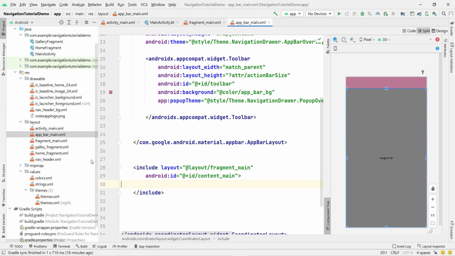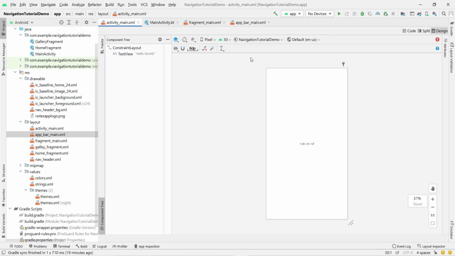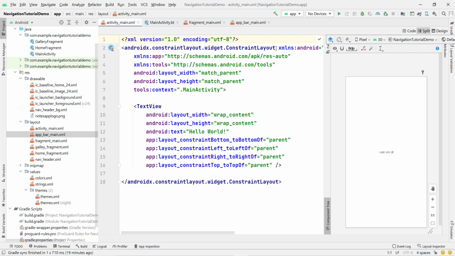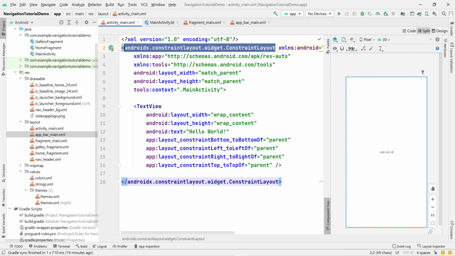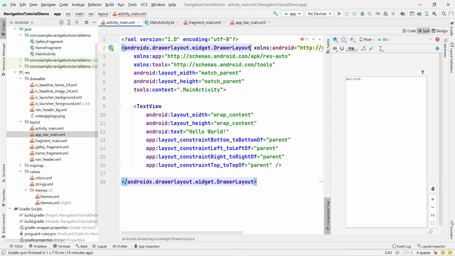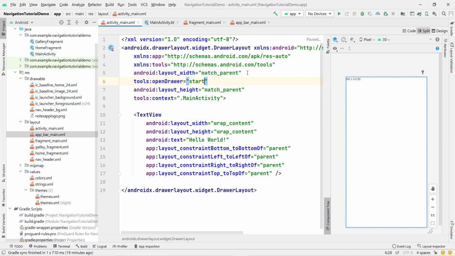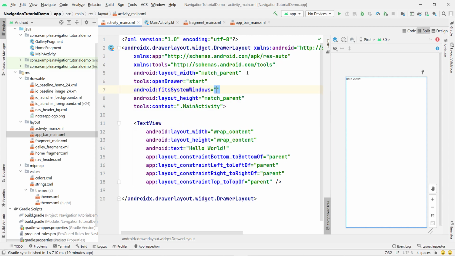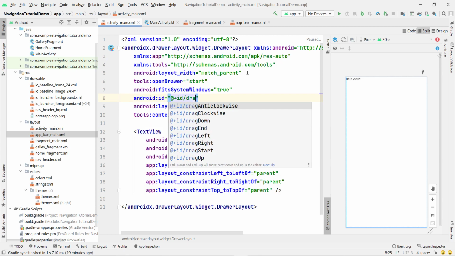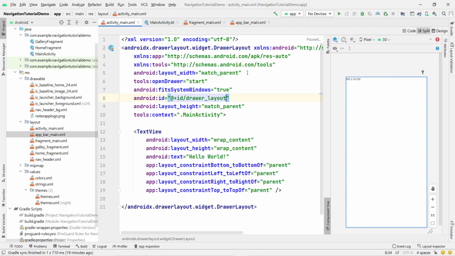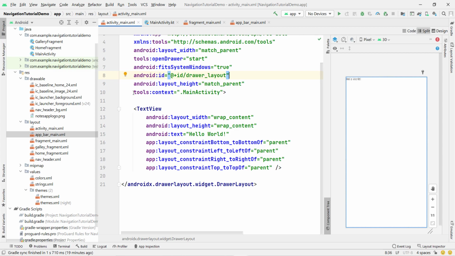Now all the remaining work is inside our navigation host and our navigation drawer. So first open your activity main XML file, click on Split, and now delete this and simply type here DrawerLayout, because we are going to use a drawer layout. And now we have to type here open drawer, pass start, and type fitsSystemWindows, pass true. Now you can give any ID name. So I simply give the ID drawer_layout. Now delete this TextView,